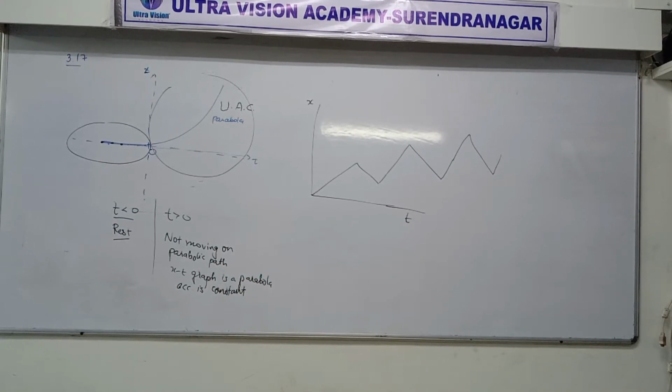The figure here shows the x-t graph once again of a particle executing one-dimensional simple harmonic motion. You don't need to worry about the meaning of simple harmonic. To be very frank, you have studied it in 9th standard. Oscillations, you remember? Something going up and down, back and forth, to and fro motion. It's a kind of oscillation. But to be very frank, it has no connection with understanding the answer to this question.